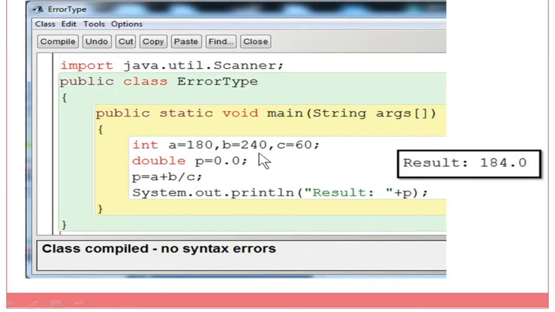You can see three variables A, B, C have been declared, and P is also declared and defined with a default value. Now P equals A plus B divided by C. You don't find any error in this. It is clear. When you compile, there is no syntax error, and you can see the result is 184.0. But according to me, I want to add these two values A and B,